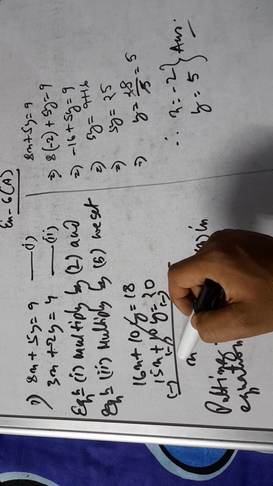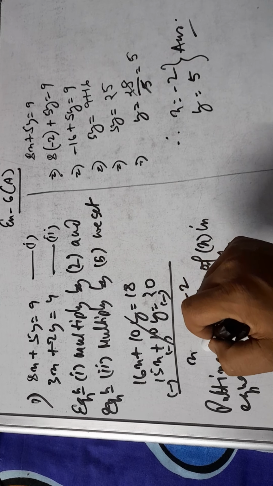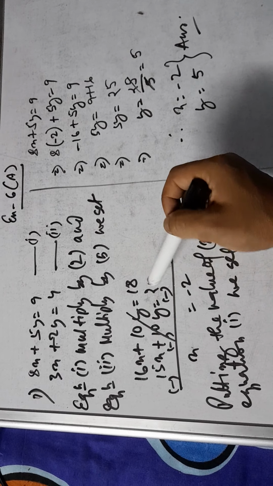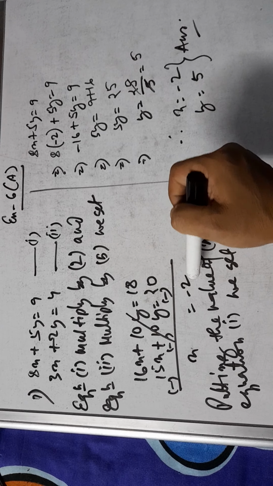So we can cancel this one, and after subtracting, we have x here, and here is minus 2. Why minus 2? Because 20 is more than 18. So we cancel it and write minus 2.